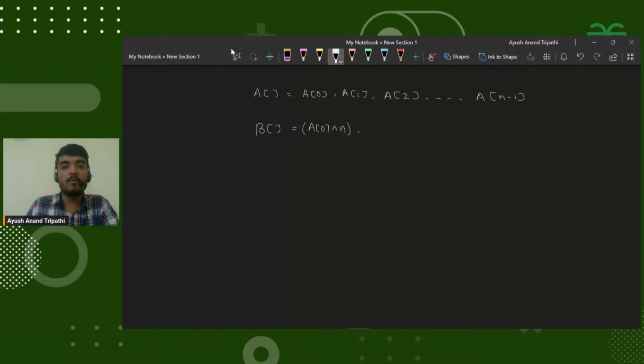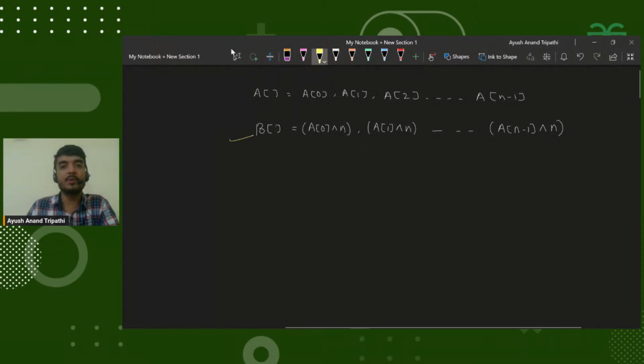Then B of 1 is equal to A of 1 XOR n, and so on. That is B of n minus 1 is equal to A of n minus 1 XOR n, right? And only this B array is known to us,